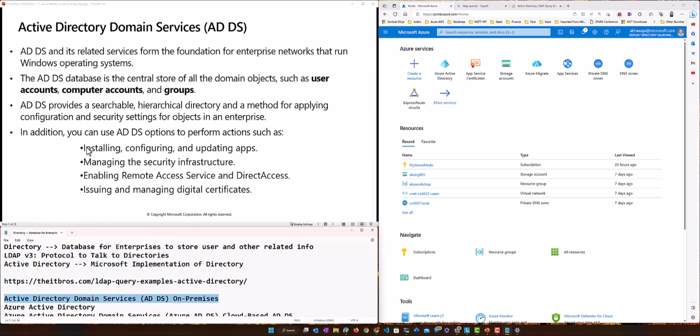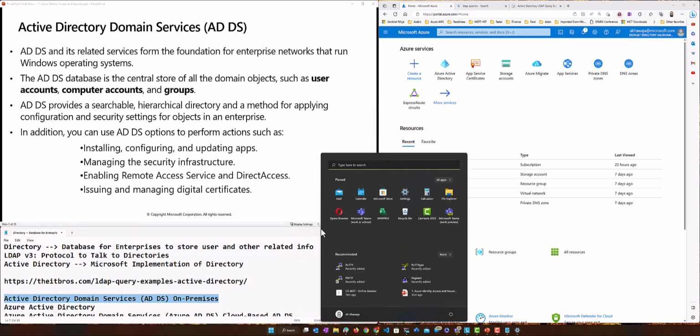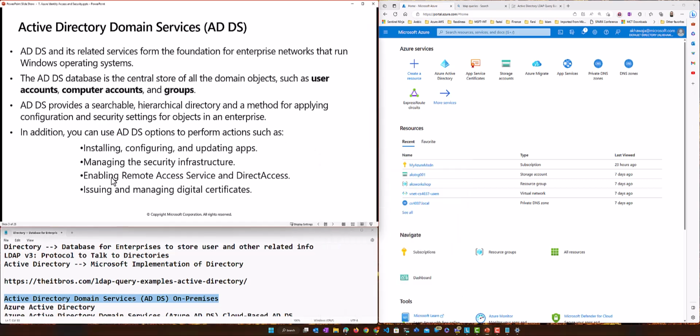And again, I can install applications automatically. A lot of applications get installed automatically on our machines, right? They put the policy in Active Directory, that for this group of people, these applications should get installed. And when we log in, those applications automatically get pushed on our machines, right? They can put certificates, they can put policies and various different things. So this is the way to control the whole organization, right? This is how you control everything in your organization, Active Directory.